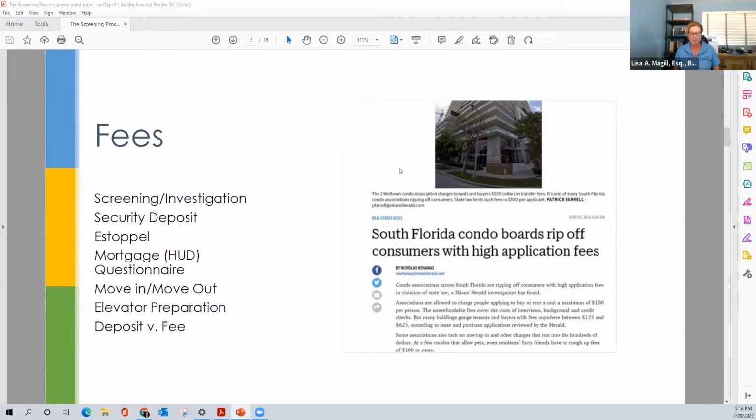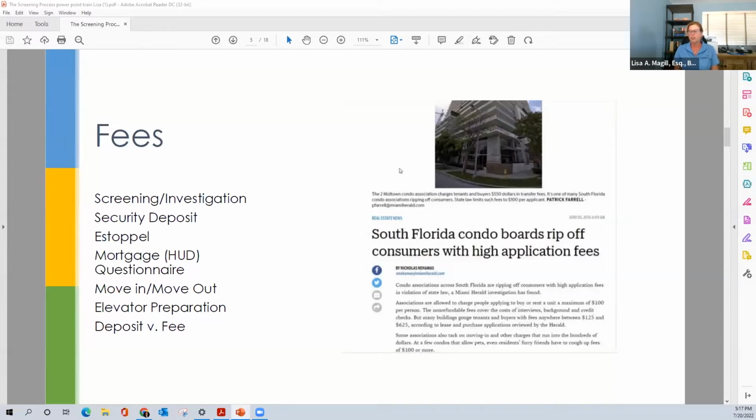Security deposits are permitted with respect to tenancies only if your documents so provide, and the security deposit cannot exceed 1 month's rent, but your documents may have a different figure. It may say $500, may say $1,000 or what have you. There are fees associated with the estoppel certificate. That's in connection with a sale, not a tenancy, and those fees are prescribed by statute. In fact, as of July 7th or so, the DBPR increased the fee that's permitted for an estoppel request.